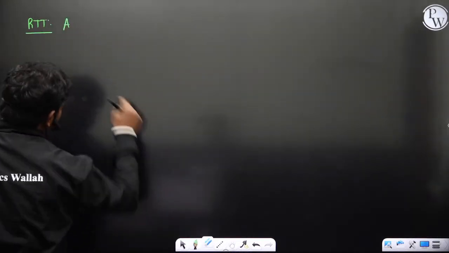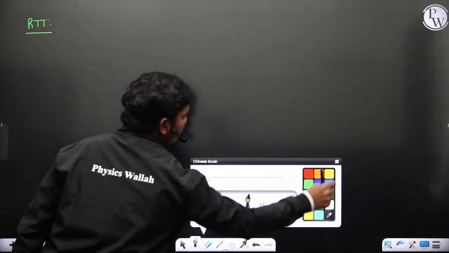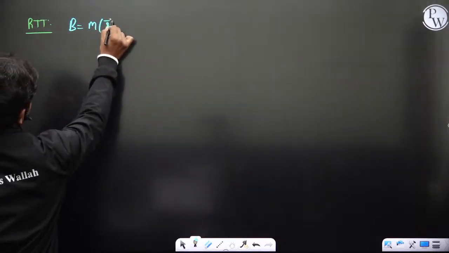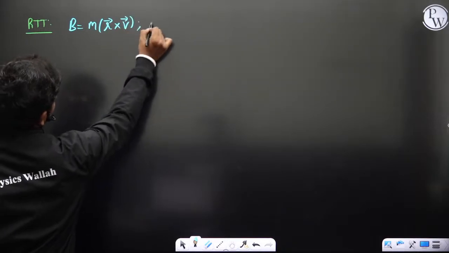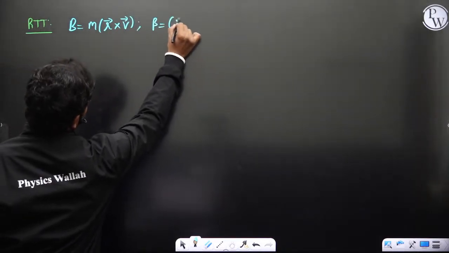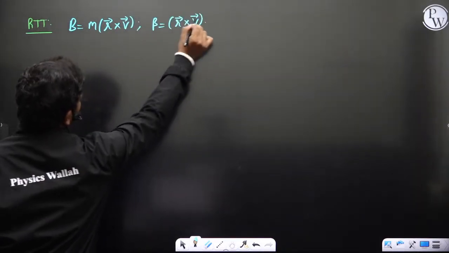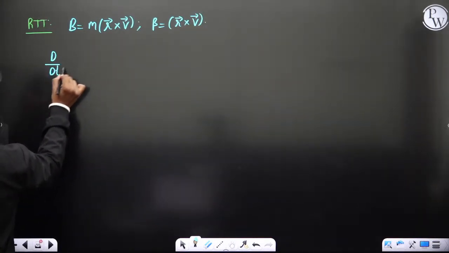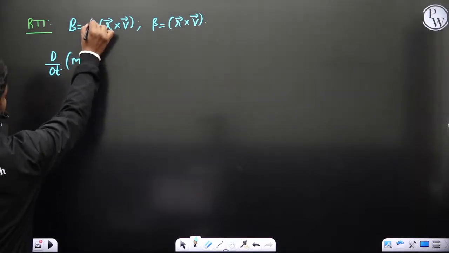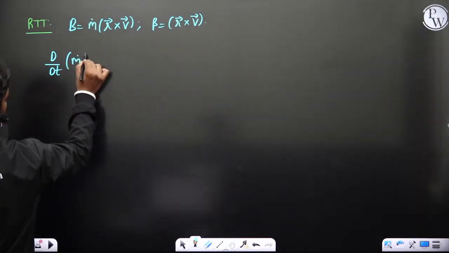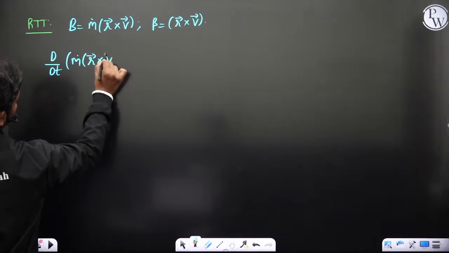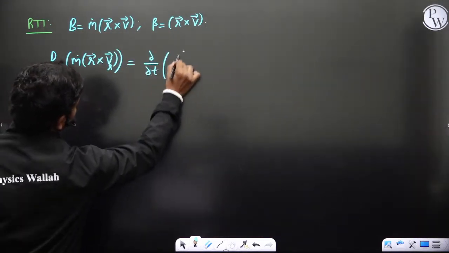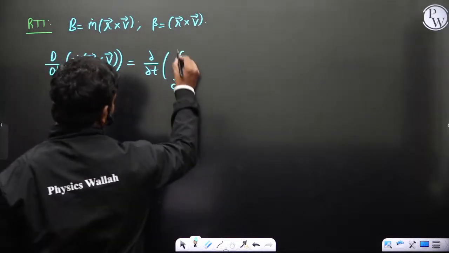momentum, so B is equal to mass times R bar cross V bar, and this beta is per unit mass. We have seen already RTT in control volume analysis. So if you apply the Reynolds transport theorem, we can see d by dt of m dot, let us take for example in general, for mass flow rate, m dot R bar cross V bar, this is relative of course, is equal to dou by dou t of integral over the complete control volume beta